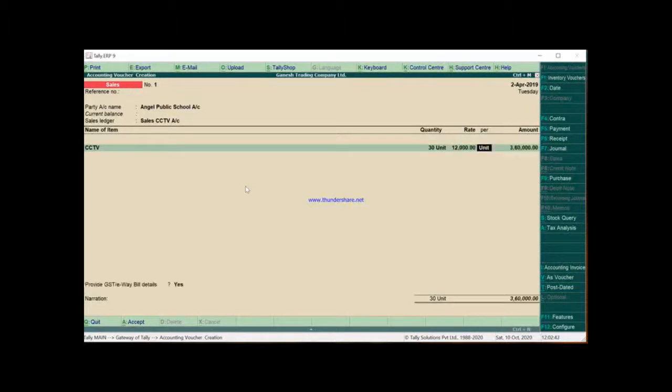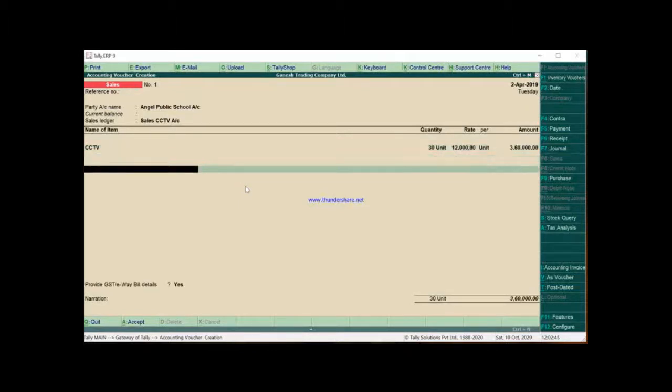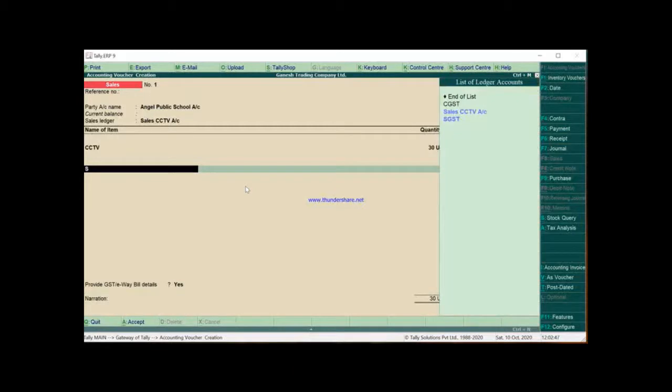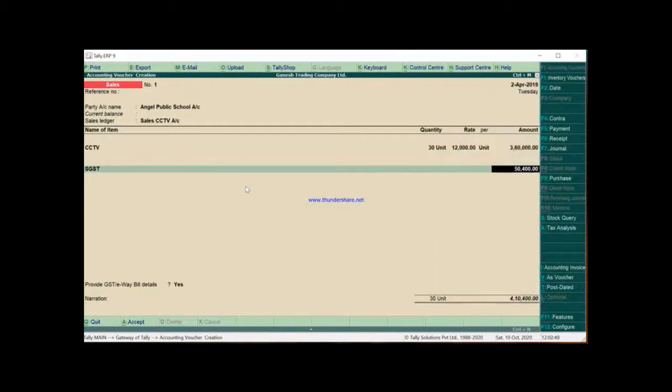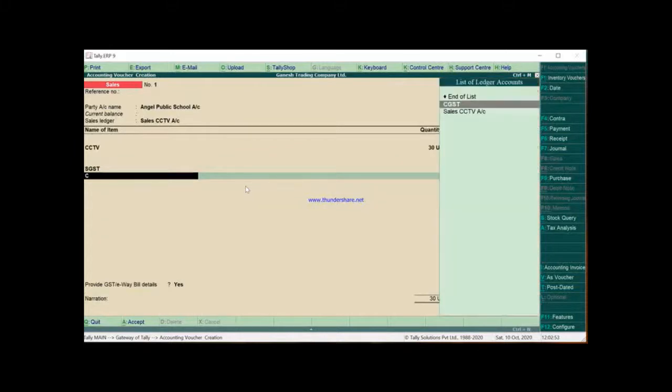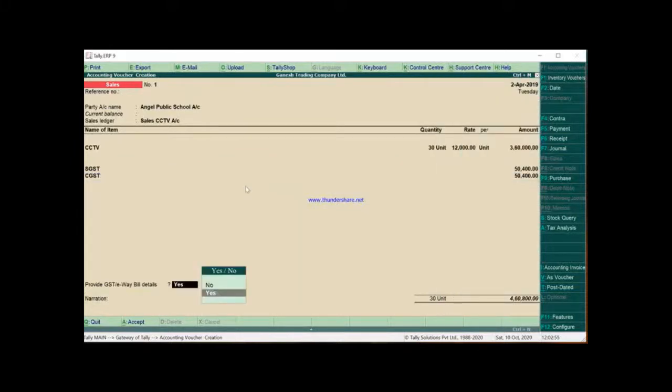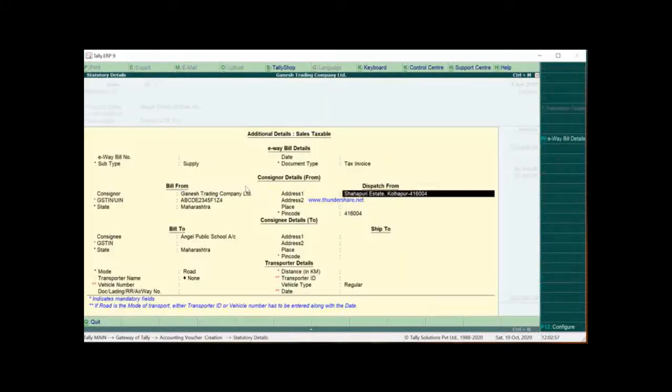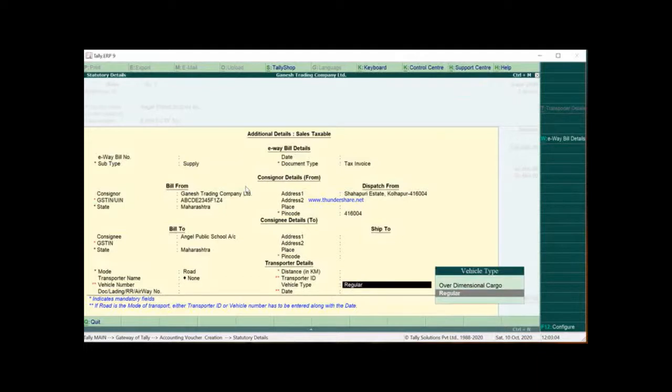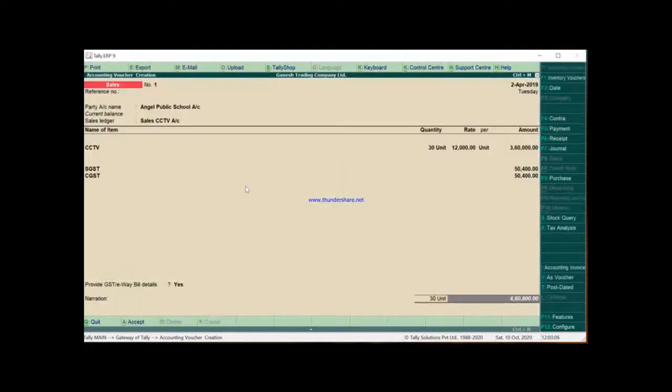Again you have to calculate SGST. Automatically SGST will get calculated as 50,400, and CGST again the same rate. And now here, press enter on all the details.